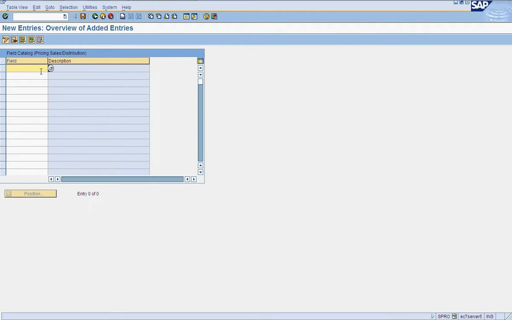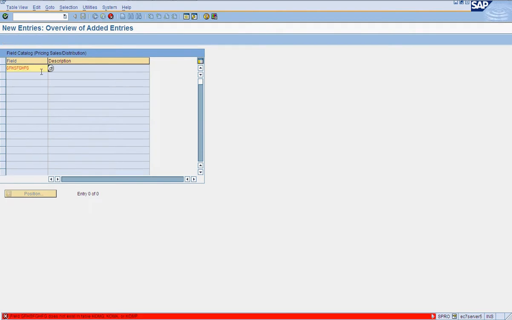For example, let's say I'm trying to create a test table. It would say this field does not exist in the COMG, COMK, COMP tables. So the ABAPer has the responsibility to create this new Z field in these tables.